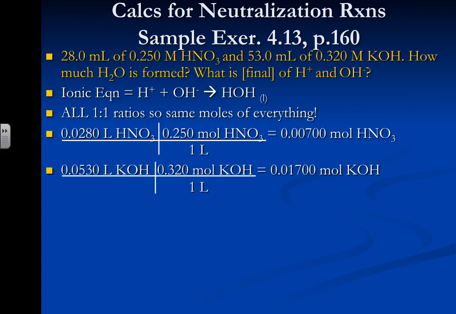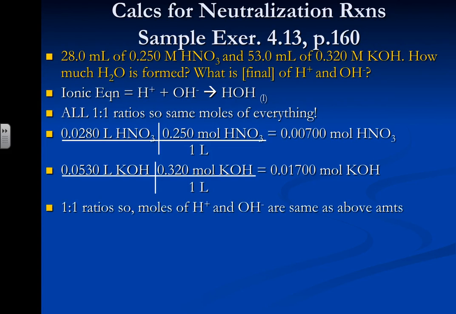And based on what I get for these answers, 0.007 moles of the nitric acid and 0.017 moles of the potassium hydroxide, which one is limiting? Hopefully you said it was the first one. The nitric acid is limiting because I have less of that. Okay, so